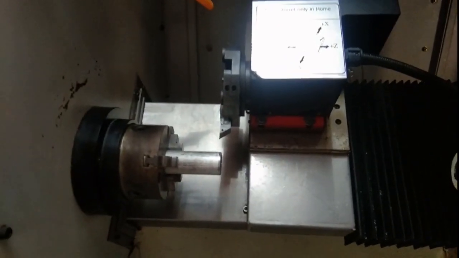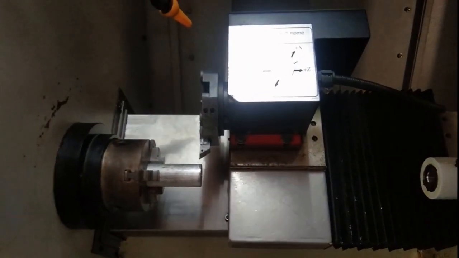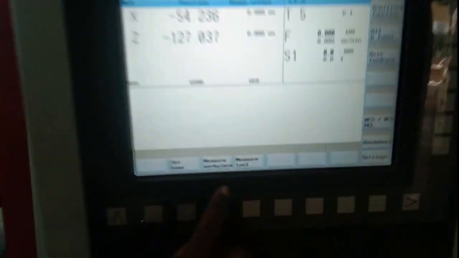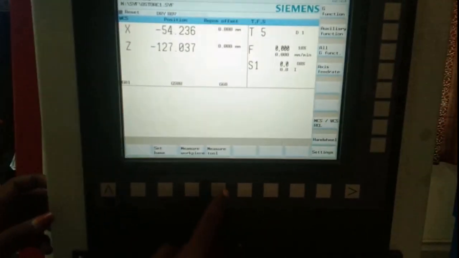From this he can actuate the turret in the Z direction and he touches the workpiece. I already told you about tool offset; he tries to offset the tools. Now he gave the input data. So he measures the tool.